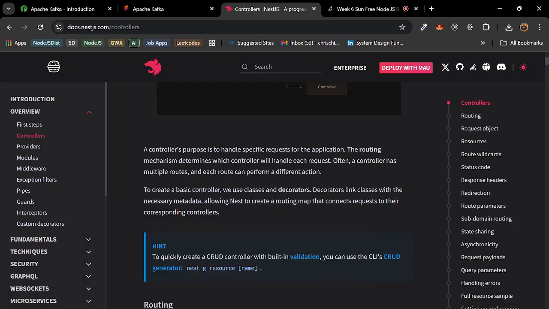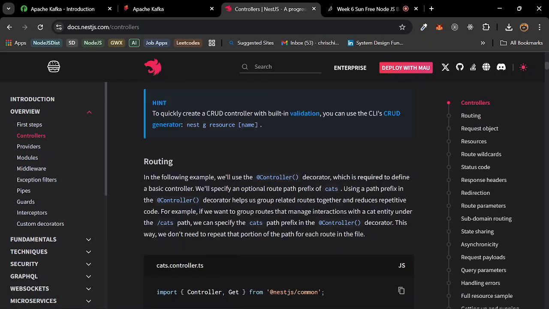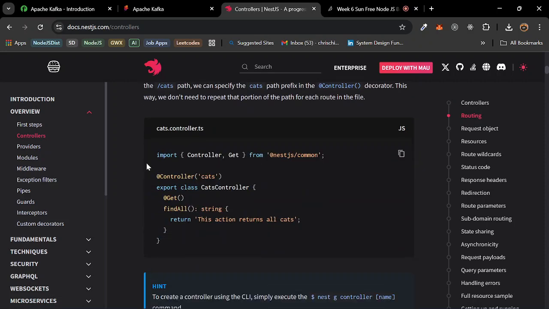So guys, let's discuss this thing. Controllers are simply just for routing, right? So how do you use it? It just has to be used for routing. Then this is an example of a controller. When you create a class, this is basically what we're doing in ExpressJS. Our controllers and services are basically classes. We use classes to define them, right?